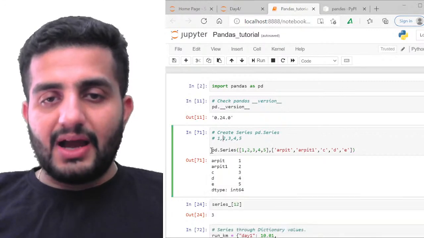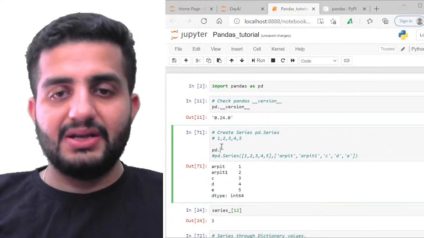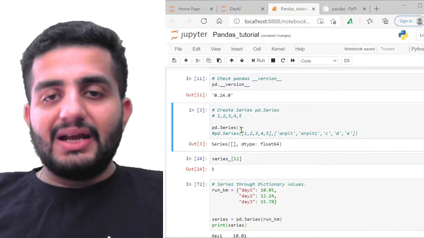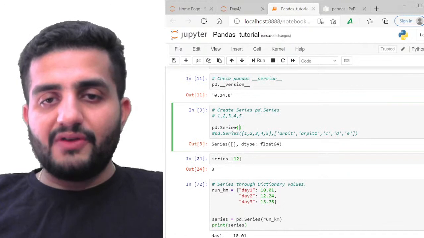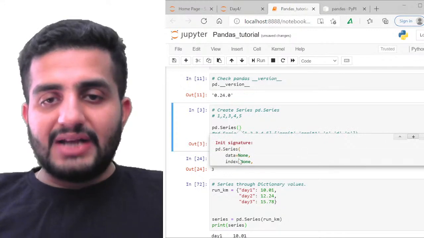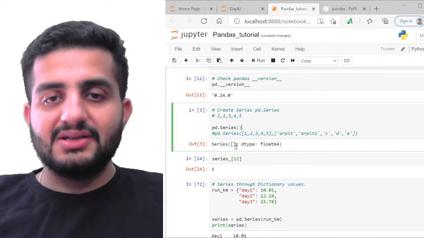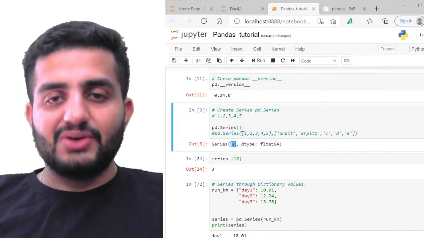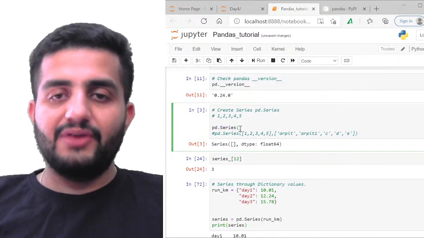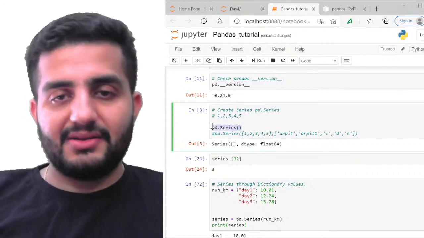So what if I create something like this? If I just do pd.Series and I don't pass anything, by default it has taken all the default values inside my function. And what are the default values? You've already seen this, it is None. Data is taken as None, index is taken as None. You can see it's an empty series which is created. It will not give an error, because the arguments have been fed with a default value. If you don't give anything, it will take the default value, which is None. So it has created an empty series here.